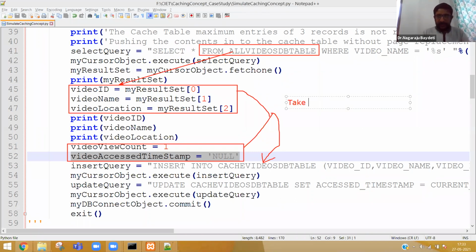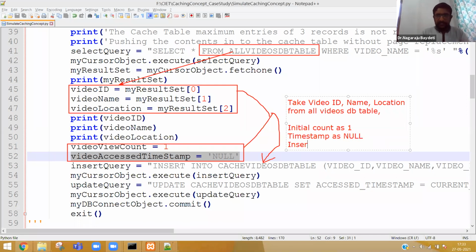Take video ID, name and location from the all videos DB table, initial count as 1, timestamp as null, and insert these values in the cache table initially.